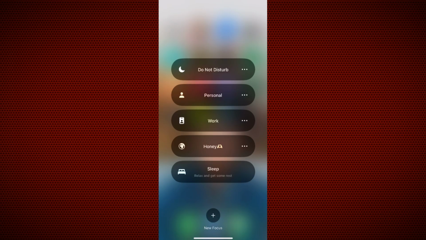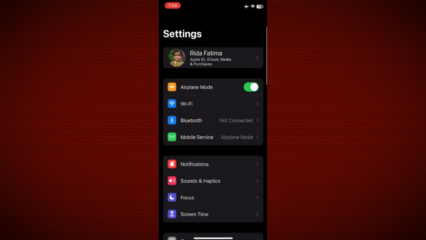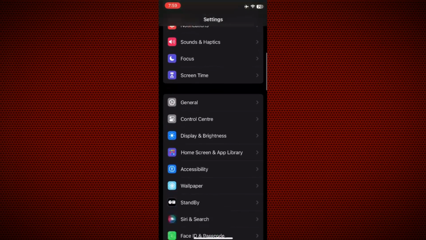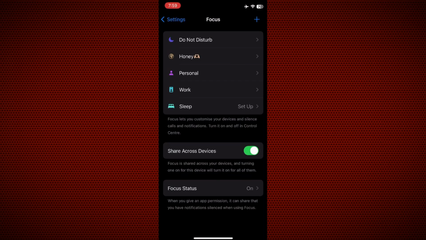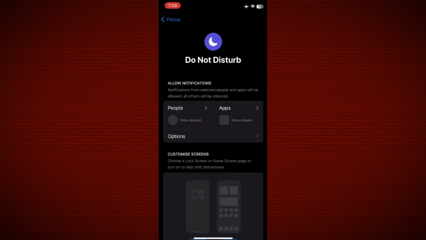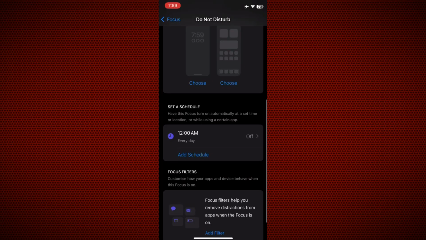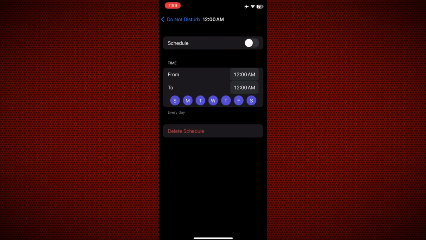Now, if you have a schedule set, which means Do Not Disturb automatically turns on, then what you can do is go into your settings and scroll down. You need to find Focus. In here, you can find Do Not Disturb at the top and then scroll down. Here we have a schedule. You can tap on this and you can delete it at the bottom, or you can simply turn the schedule on or off as well. Once you turn it off, Do Not Disturb won't automatically